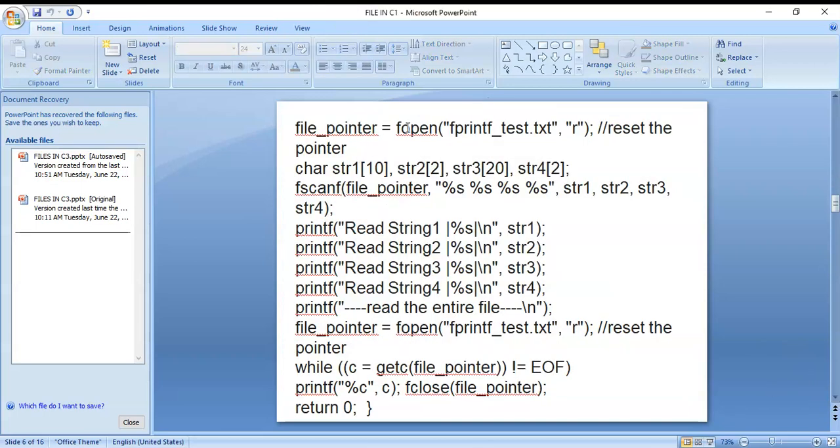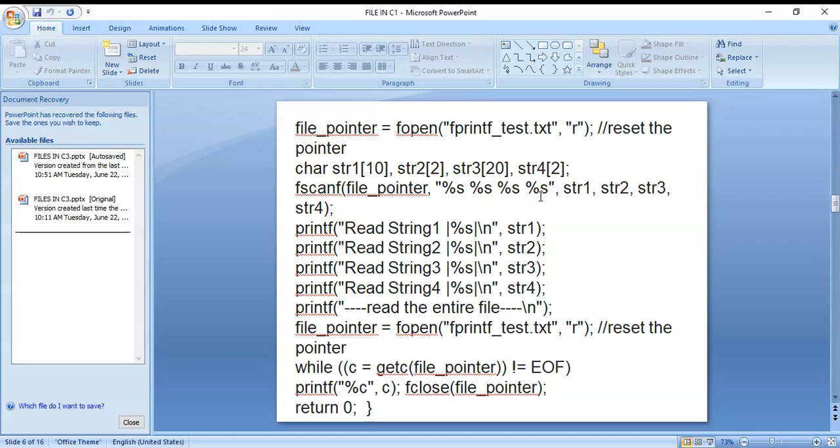Here fscanf with the file pointer and percent s format specifiers, four strings that we can read. Parse is the information, and we can parse that information using fscanf only.